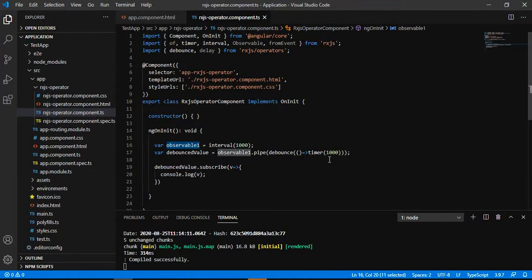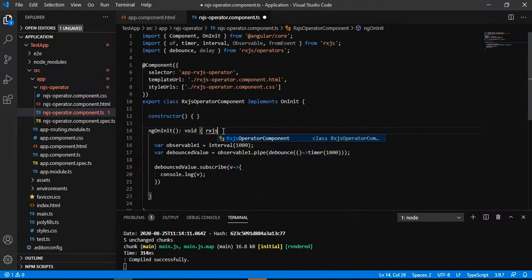Suppose in a particular browser I am going to write RxJS, and that particular search operation will perform.